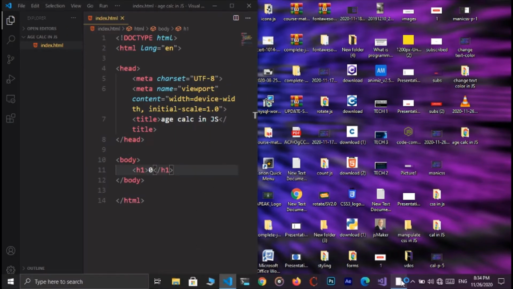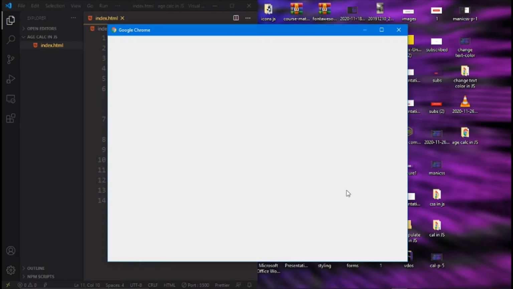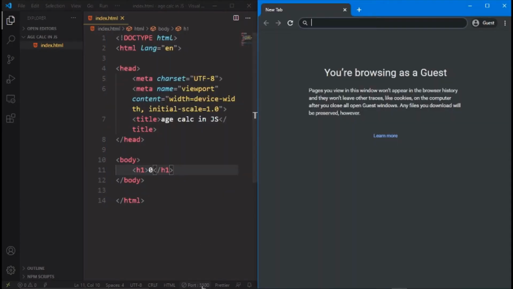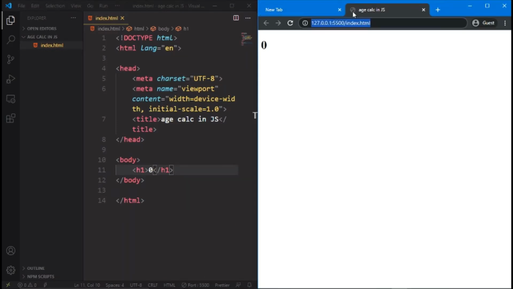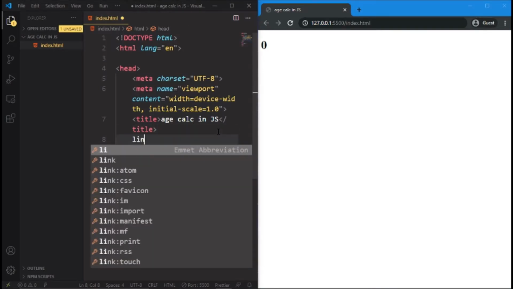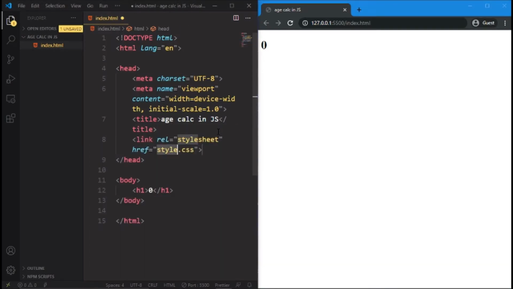The browser will open. Okay, we have the browser open, and we'll link a CSS file as link CSS and create a new file,